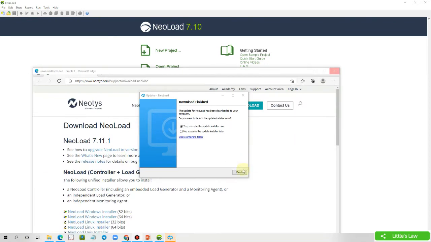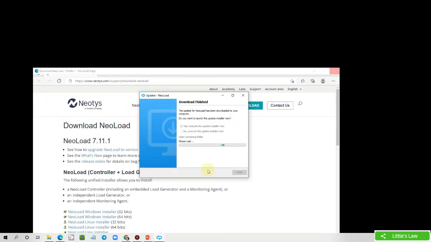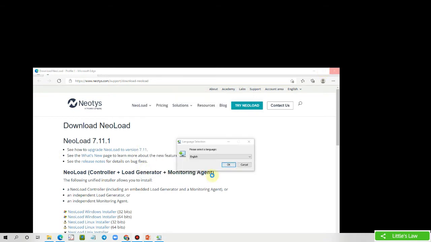And now I'm clicking on finish, that is, execute the update installer now. So now we are in the installation wizard.